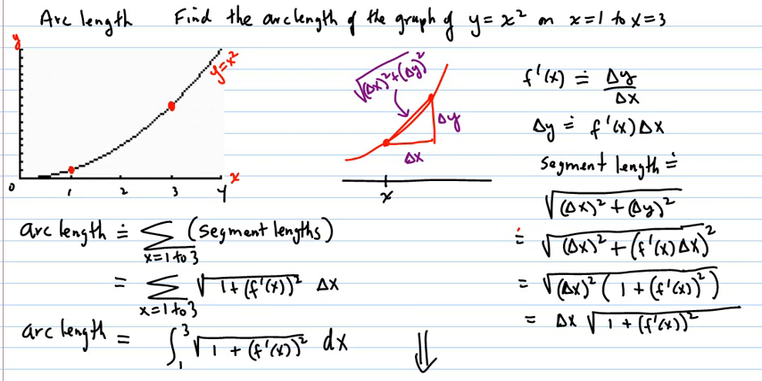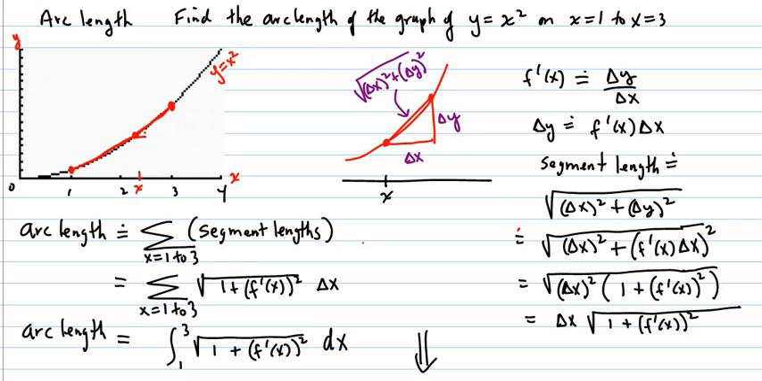Find the arc length of the graph of y equals x squared on x equals 1 to x equals 3. So we're talking about this arc length right here from x equals 1 to x equals 3. So we're talking about that amount of arc length, and it's not straight, so there's some complexity to it. So what we do is we choose some representative x value, say here, go up to this